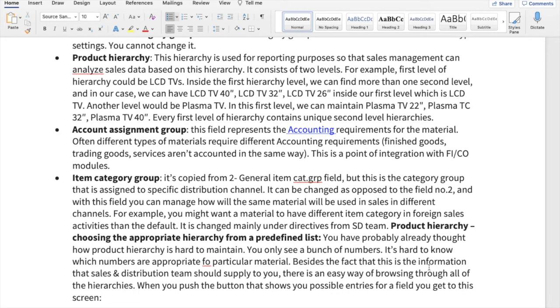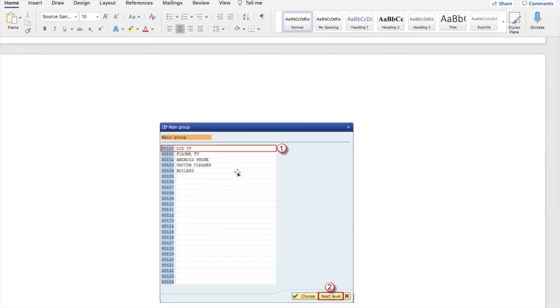Now, if you have already decided how the product hierarchy will be maintained, you can design the product hierarchy in a table in this manner. You can make a table in SAP where you decide that LCD TV will be one product hierarchy, plasma will be another product hierarchy.